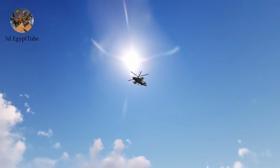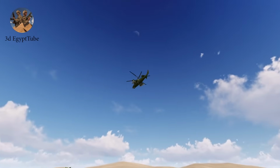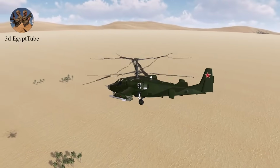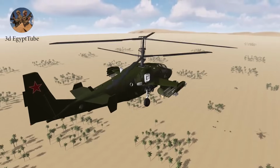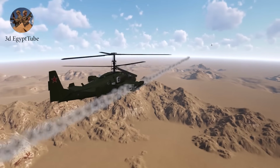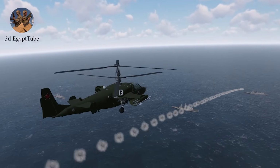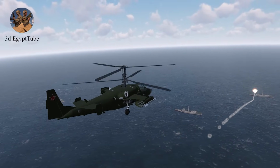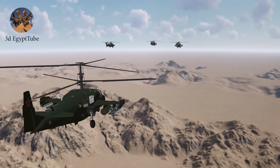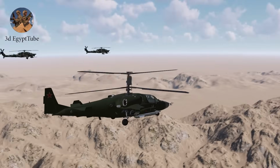Meet the KA-52, Russia's fearsome Alligator. This heavy, all-weather attack and reconnaissance helicopter is built for multi-role combat missions. It can take out armored and unarmored ground targets, engage low-speed aerial threats like drones and helicopters, and even strike naval vessels. Thanks to its advanced avionics, the KA-52 also acts as an airborne command post, coordinating with other friendly helicopters in